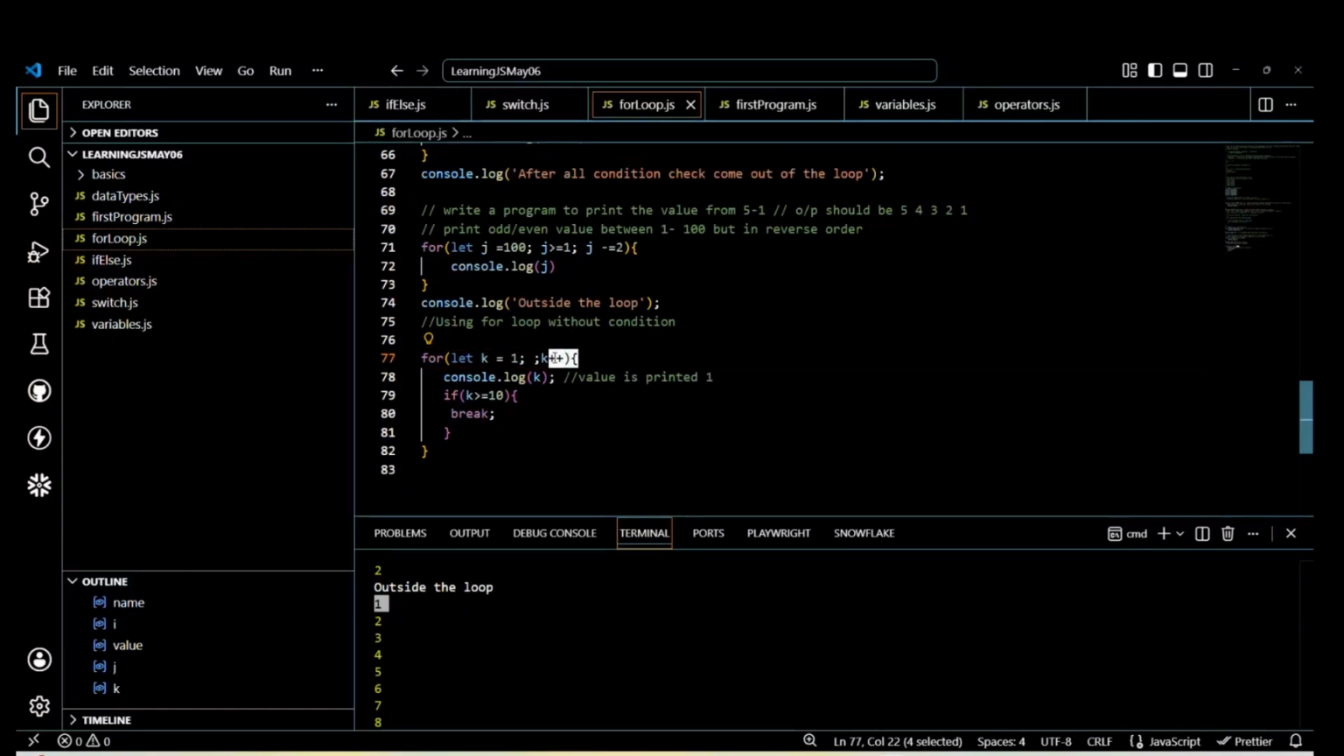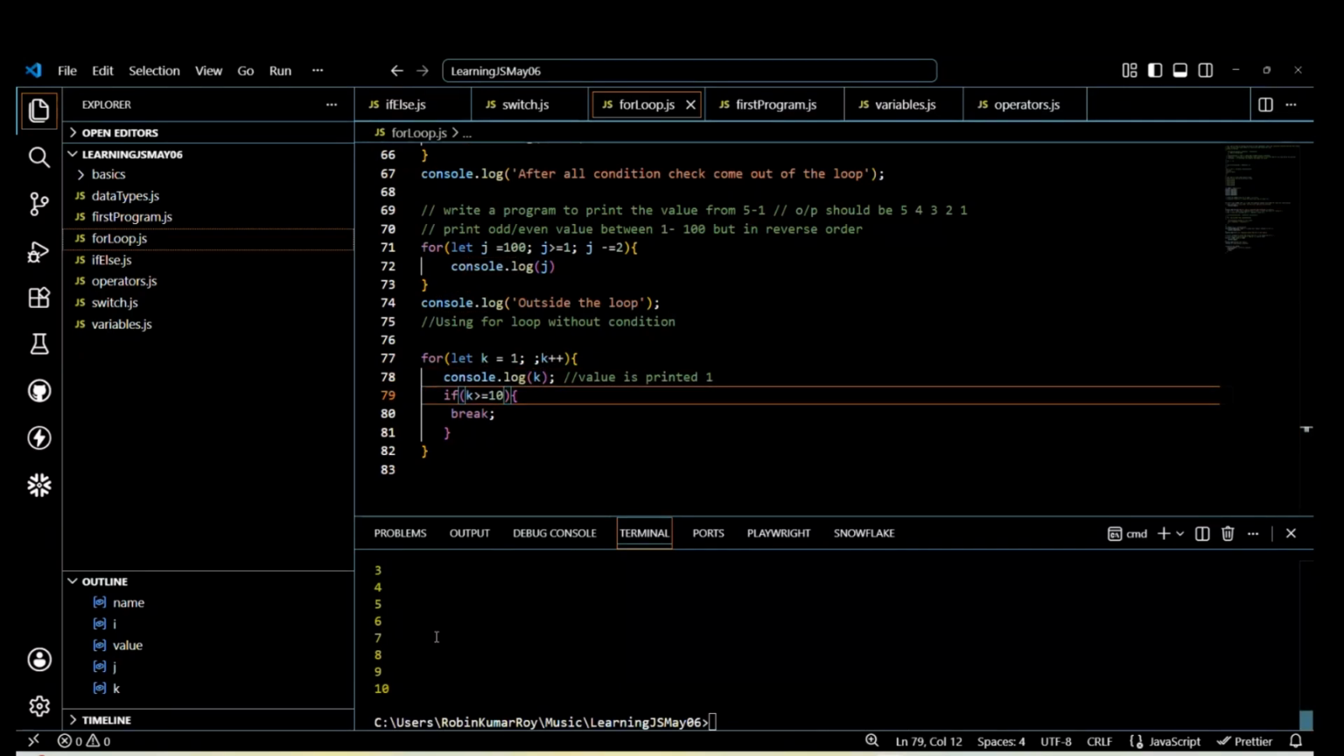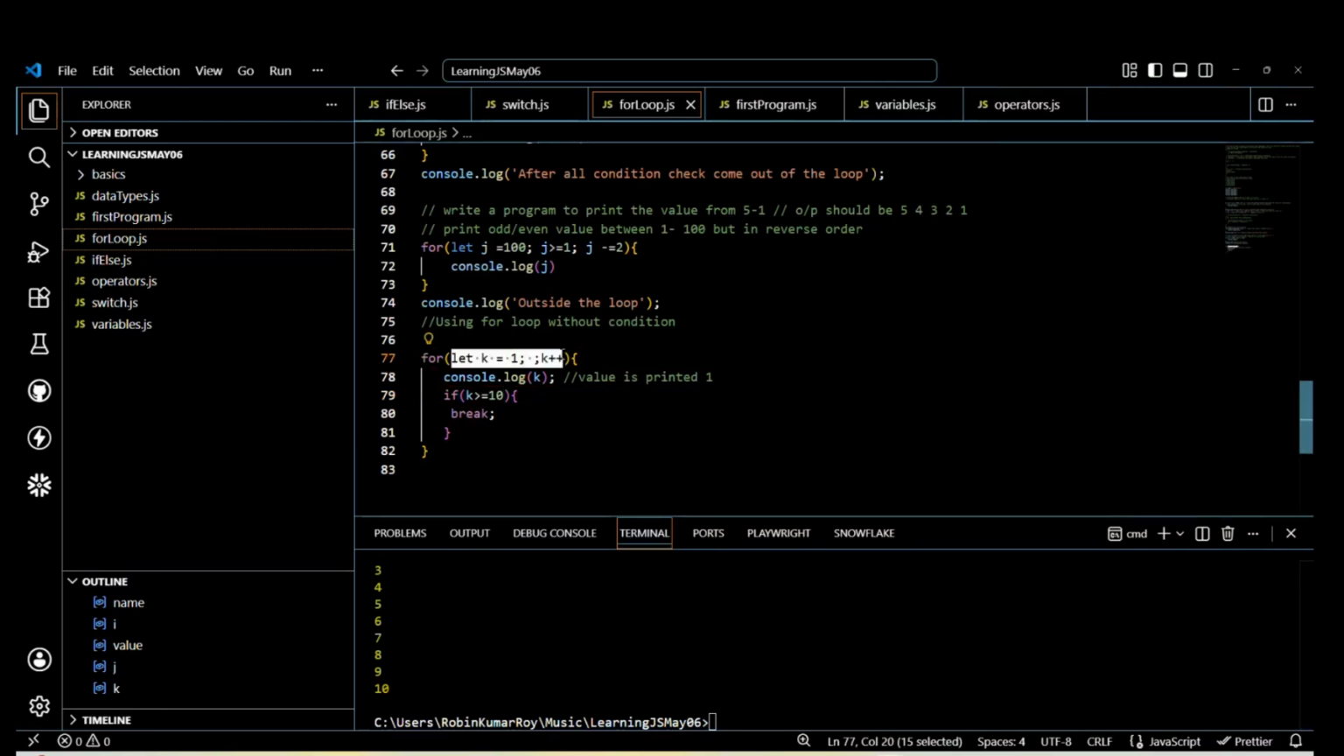So the value of 1 is increased by 1. It became 2. Now it will print the value 2, and it will check the condition again. Is 2 greater than 10? It will say no, 2 is not greater than 10. Again, it will increase. In the same way, it will keep on increasing up to 10. There is a value called 10. Now, when the value k is equal to 10, it will say